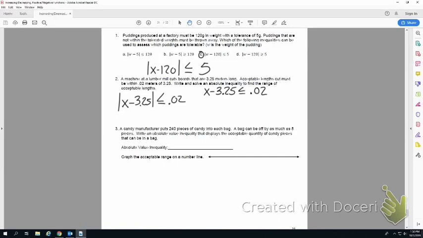Okay. So I'll take that. I'll add 3.25. So that's going to give me 3.27. All right, and then I'm going to have x minus 3.25. Then Alex, the one that's going to have negative 0.02, what is that inequality going to be? X is greater than or equal to. Okay. Then whenever I add that, I'm going to have x is greater than or equal to